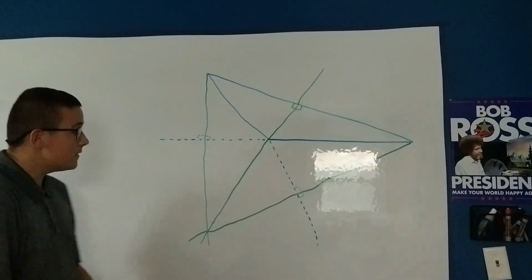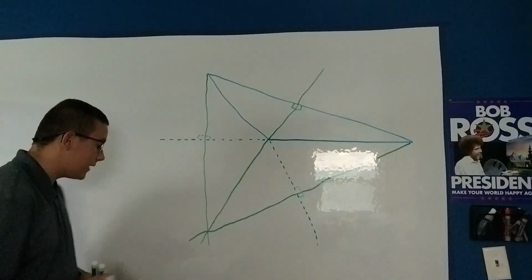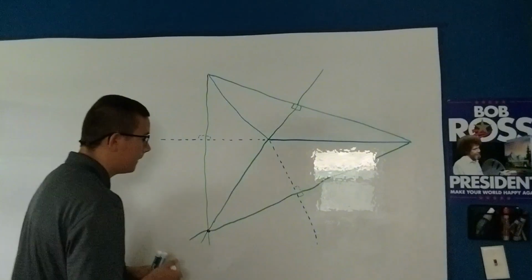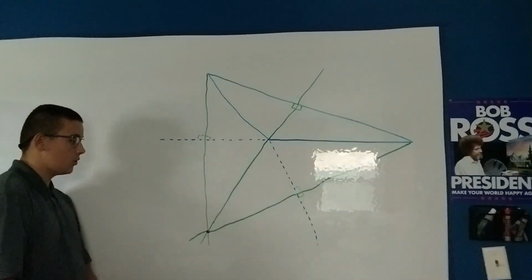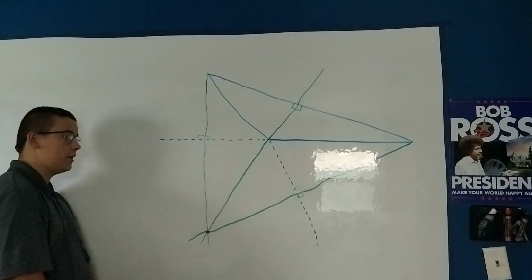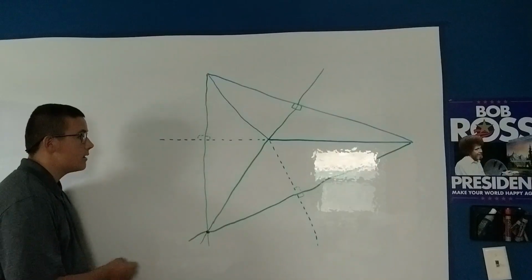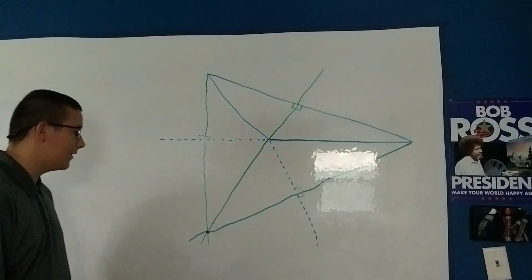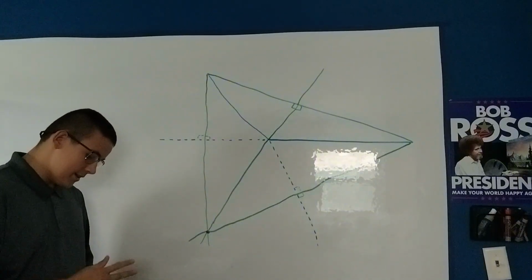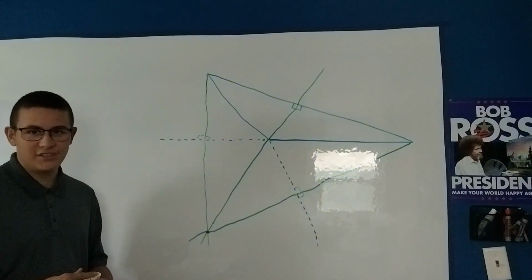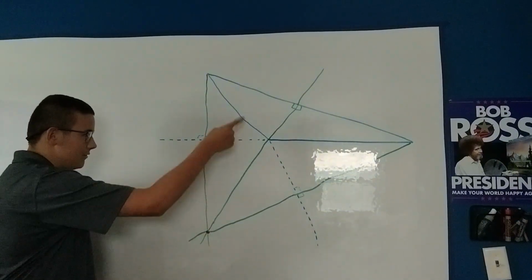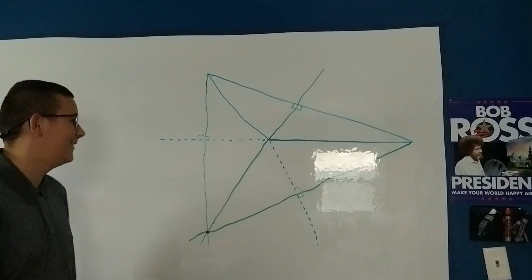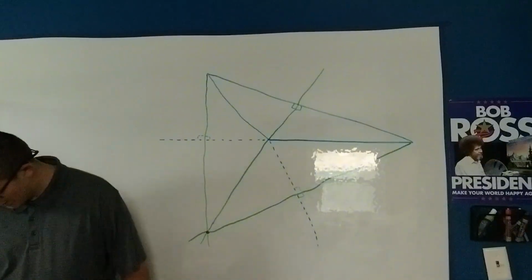And then this point where they all meet, outside of the triangle, is your orthocenter for an obtuse triangle. So this point way out here is the orthocenter, because you have to extend some lines and imagine stuff's there that isn't there. And I think that's why State of Ohio said you have to know the orthocenter, just because this looks confusing and they want to scare people. No, I don't think that, but